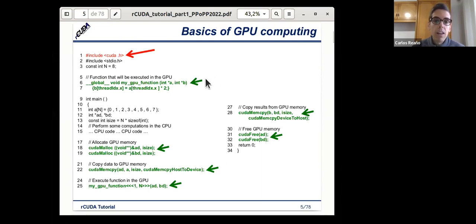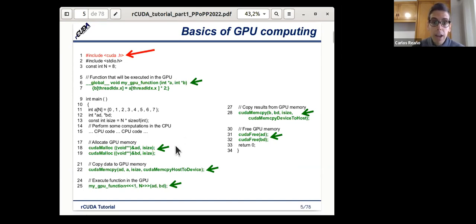This code is in C. For instance, here we have a function called myGPUFunction. This function will be run in the GPU. Then in the main part of my program, I need to do the same things I usually do for running an application in the CPU, but this time we need to do this for the GPU.